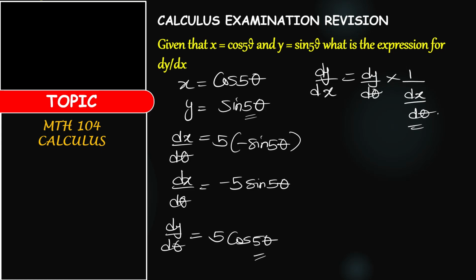The formula you are going to use to solve this question is dy/dx equals dy/dθ times dθ/dx. dy/dθ is 5 cos 5θ. And the reason why we did it like this, now listen, the reason why I gave this formula is because